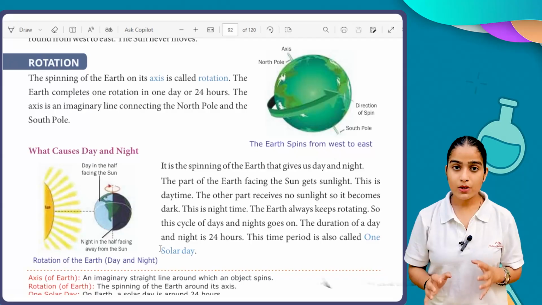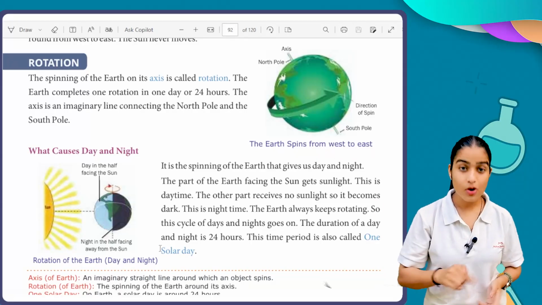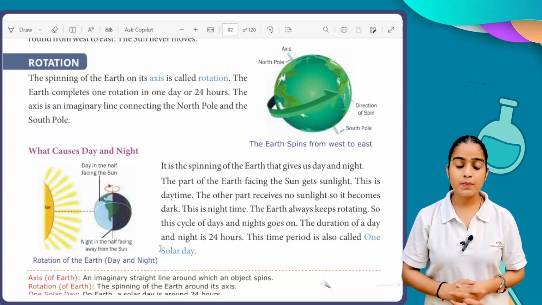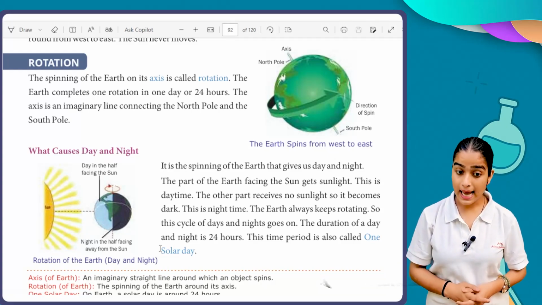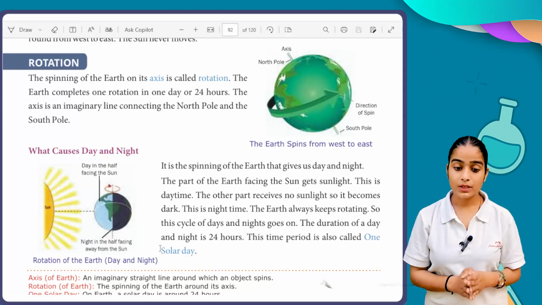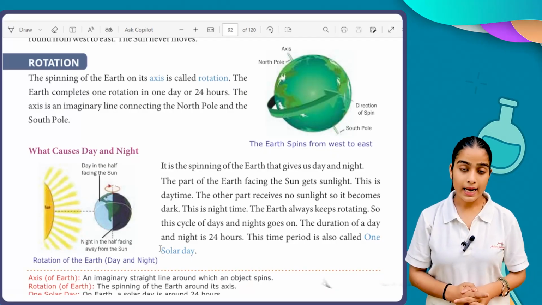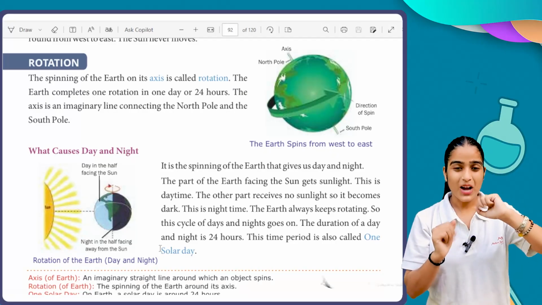Next, just because of that complete rotation, what causes day and night? It is the spinning of the Earth that gives us day and night. The part of the Earth facing the sun gets sunlight. This is daytime. The other part receives no sunlight, so it becomes dark. This is night. So when our Earth rotates,